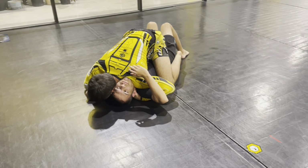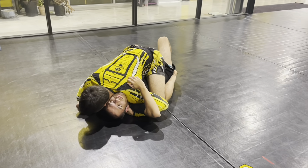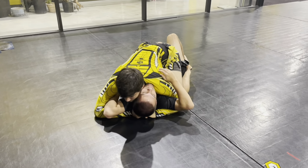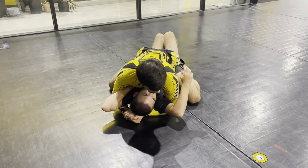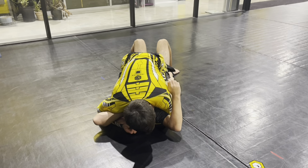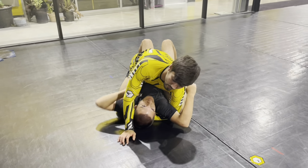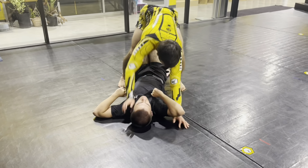Now when he tries to guard me, look, I'm literally pushing his hip away from me. I'm gonna push his hip and straighten his body out. Now look, he is in a bind. Just drive my shoulders into him, and I've got a great position to attack the mount, arms, submission, anything you wanna do, okay? So from the top, the sequence,